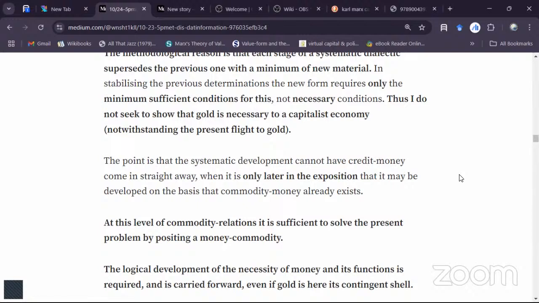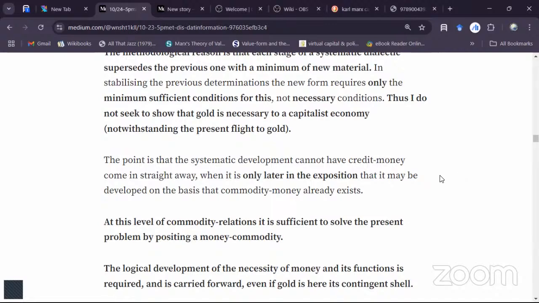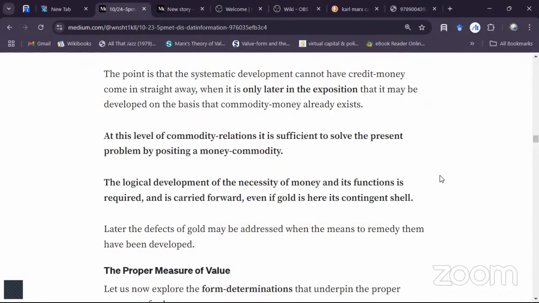The point is that the systematic development cannot have credit money come in straight away, when it is only later in the exposition that it may be developed on the basis that commodity money already exists. At this level, commodity relations is sufficient to solve the present problem by positing a money commodity. Now, whether this proves that you need to have a money commodity, you can argue that out. But it seems, if you follow the argument